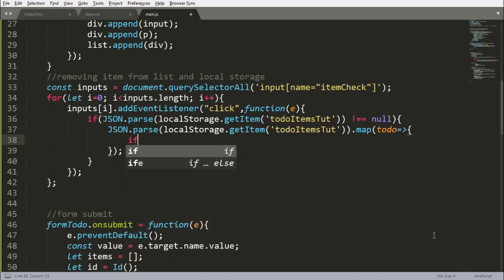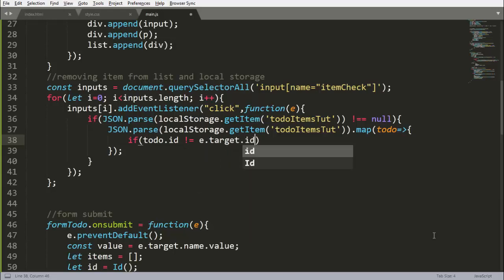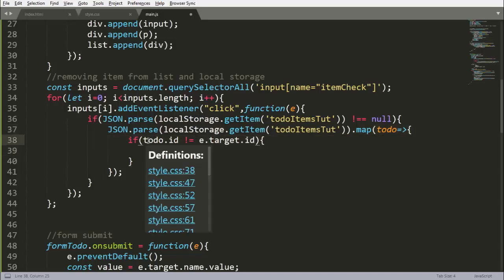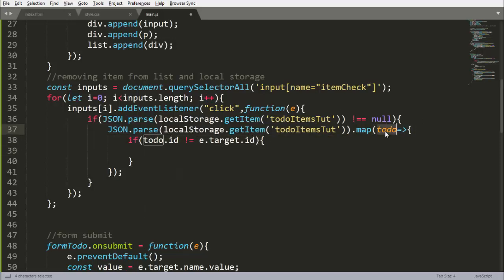So if todo.id is not equals to e.target.id, if todo id which we are getting from the local storage is not equals to this input tag id, then we will do this here.